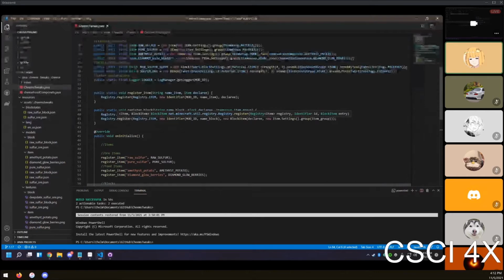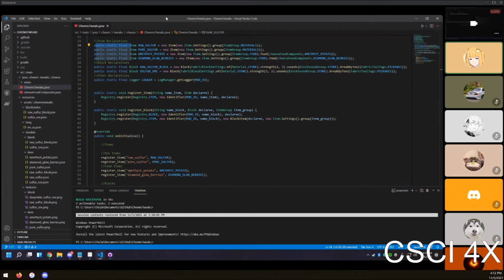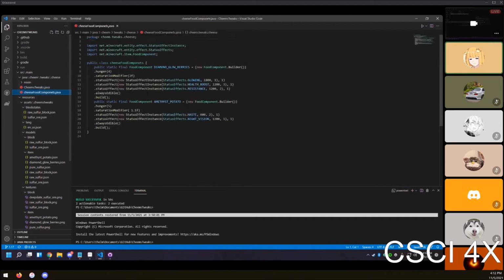And most games use public static fields because they don't want to deal with the fact that a variable can change. So you're going to be using public static final, declaring what type of thing it is. Is it an item, or a block, and so forth. Just me going over the code very fast right here. Well, I'm only 12 minutes in, so we're going to go more into the demo and make our own little mod just for the showcase. Plus you have to make separate files if you want to use food components,